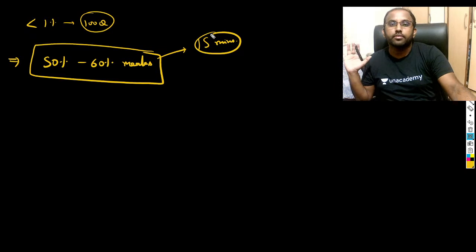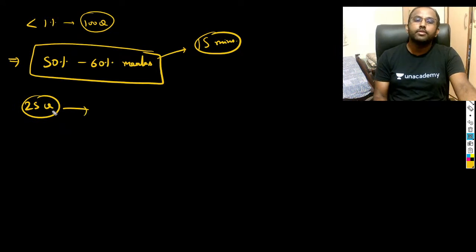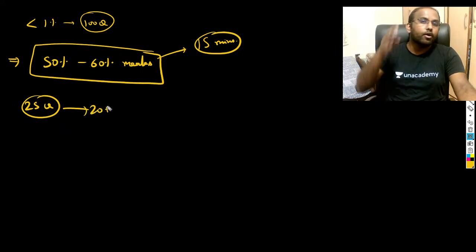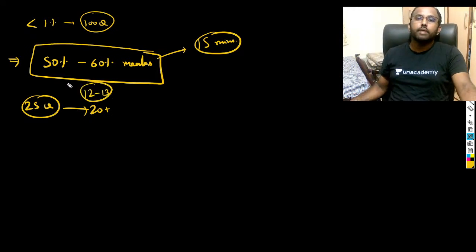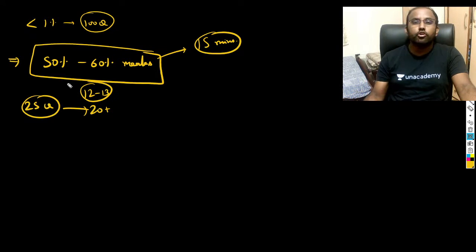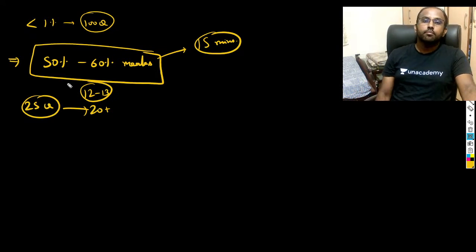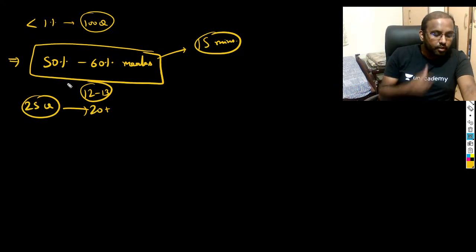50 to 60% मार्क्स अगर आपको लाने हैं, एंड विल बी वन ऑफ द टॉपर्स एक्चुअली, ठीक है। तो ऑलवेज स्टार्ट, जैसे मान लो सपोज क्यू में 25 क्वेश्चंस हैं, स्टार्ट वेरी अग्रेसिवली कि मुझे 20+ करना है, बट एट द बैक ऑफ द माइंड मुझे ये भी ध्यान रखना कि भाई अगर 12-13 भी कर लिया तो आई बी इन 97-98 रेंज, ये में उससे ज़्यादा ही, ठीक है। तो इसलिए दैट क्वेश्चन यू हैव एट योर बैक, बट स्टार्ट एग्रेसिवली, तभी ना कोई फुल टॉस मिस नहीं करेंगे, ठीक है। अगर स्टार्ट करेंगे डिफेंसिवली तो कोई फुल टॉस ही मिस कर जाएंगे मैच में, यहाँ भी वही है। सो इट्स लाइक स्टार्ट वेरी एग्रेसिवली, ओके।